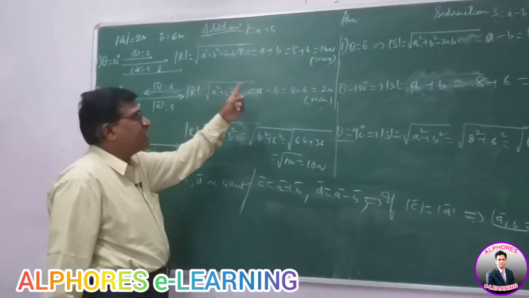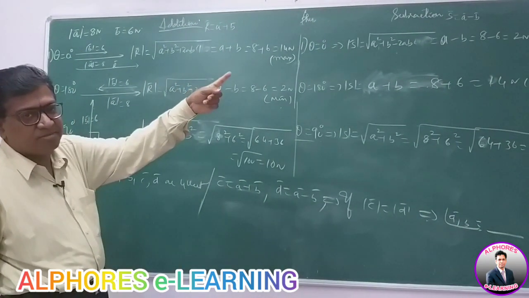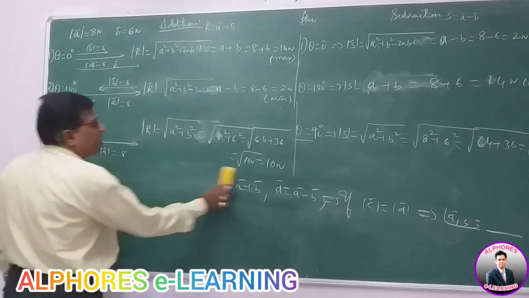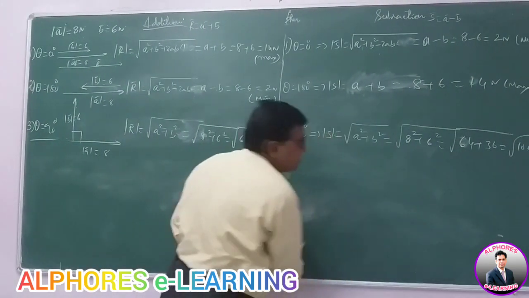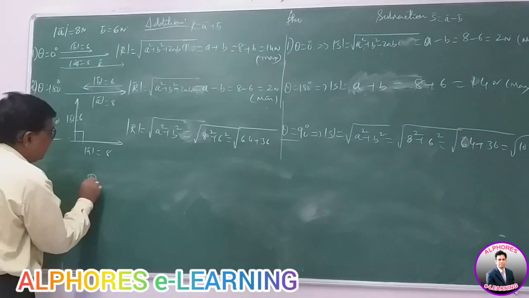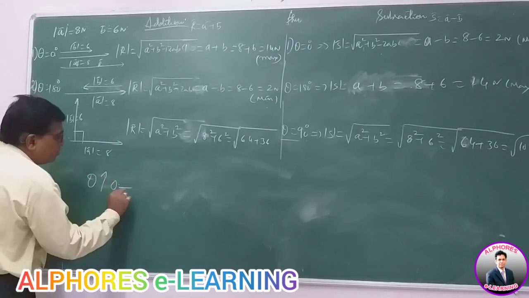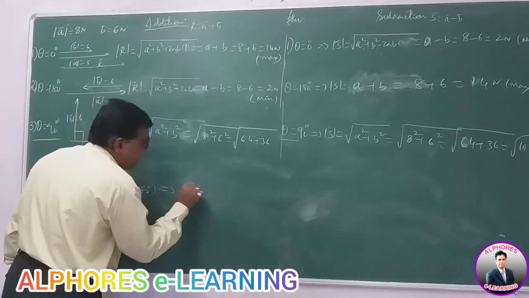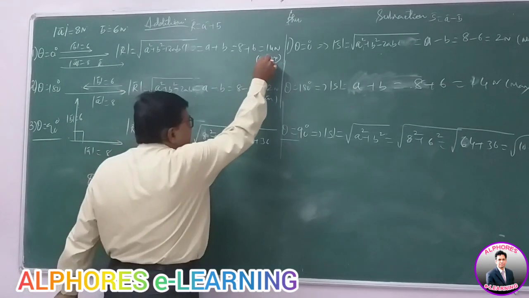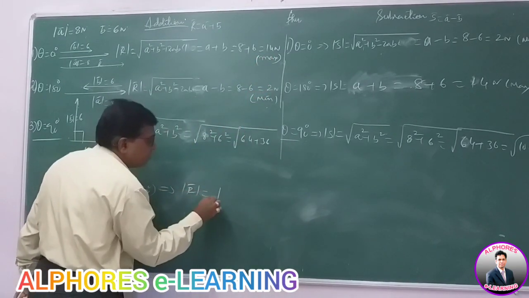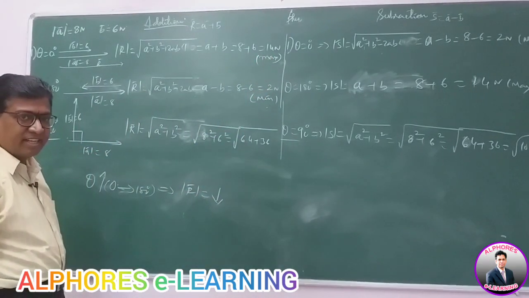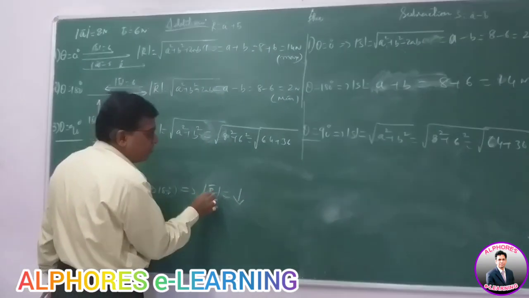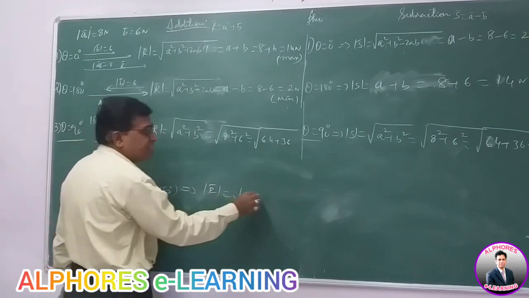Right? So when theta is 0, this is minimum, that is maximum. When theta is 180, this is minimum, that is maximum. So from this, what do you infer? We infer that as the angle increases from 0 to 180, the magnitude of the resultant is decreasing from maximum to minimum. So the magnitude of the addition resultant decreases. So as theta increases from 0 to 180, magnitude of R bar, that is addition resultant, decreases.